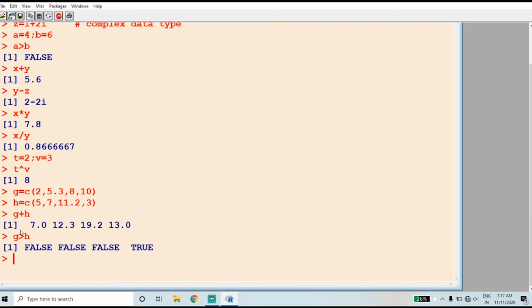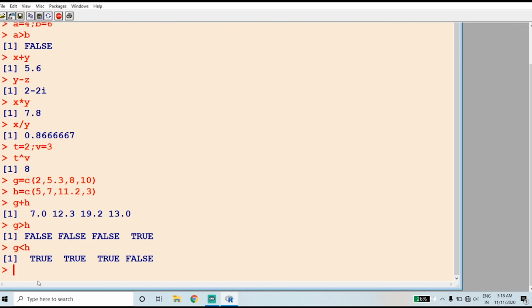So, first relational operator is greater than. Next is less than. We can obtain the result. Then we have to check whether these two data sets are equal. So the next relational operator is the equal operator, and we can use double equal to check whether these two data sets are equal.